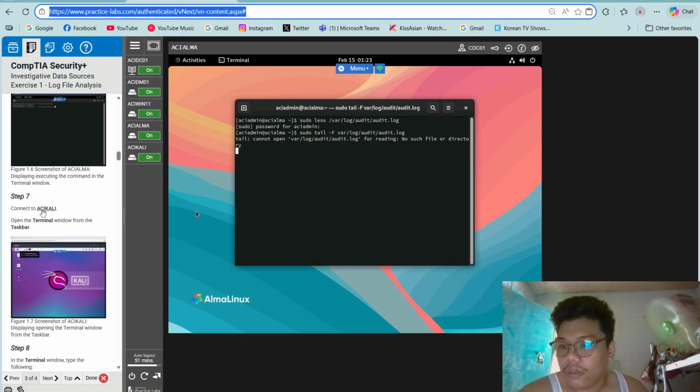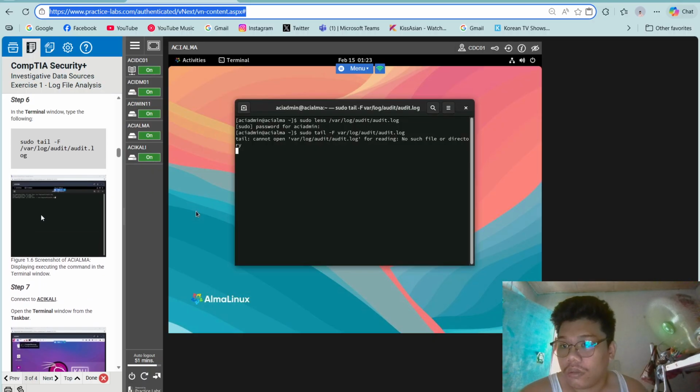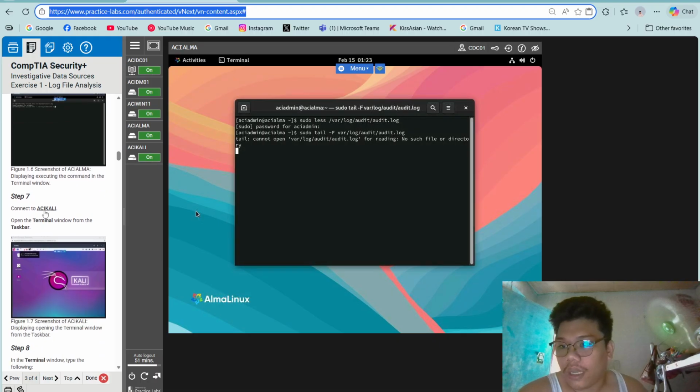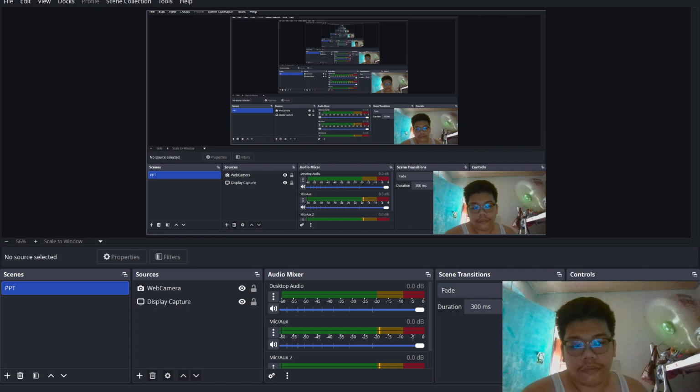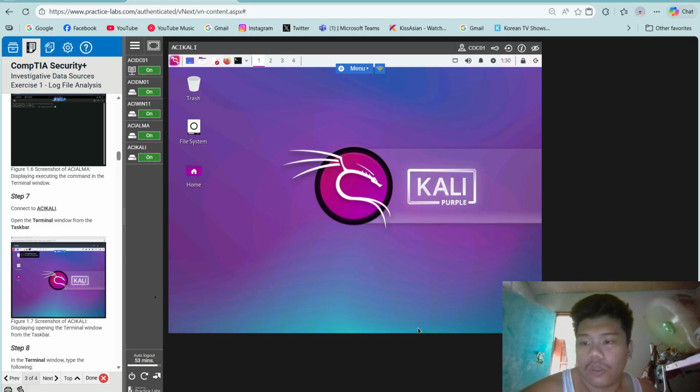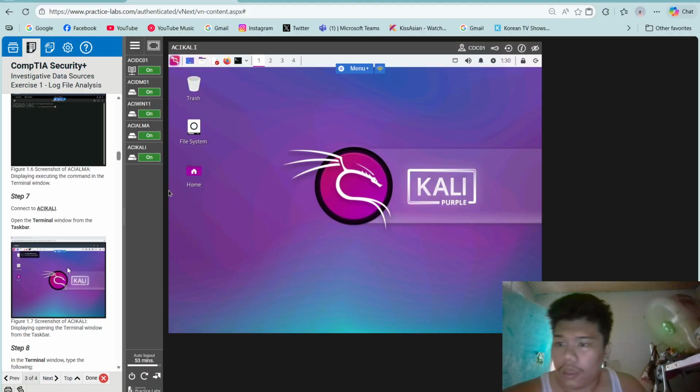Step 7, connect to ACI Kali. Then open the taskbar. Once you have connected, open the terminal window from the taskbar.